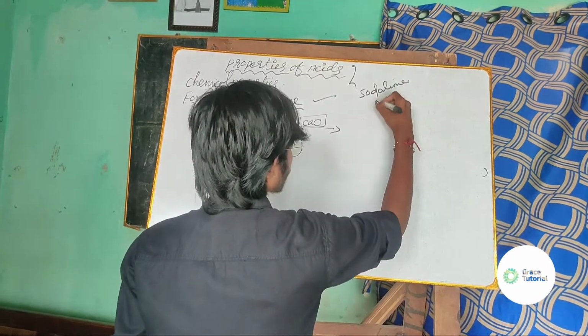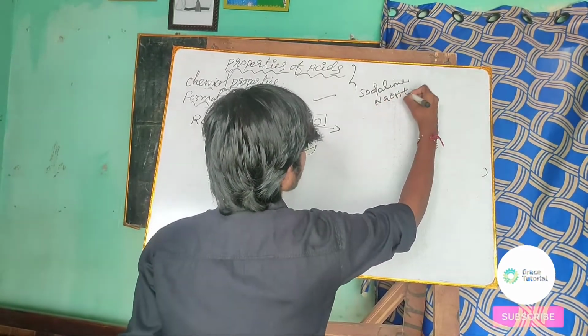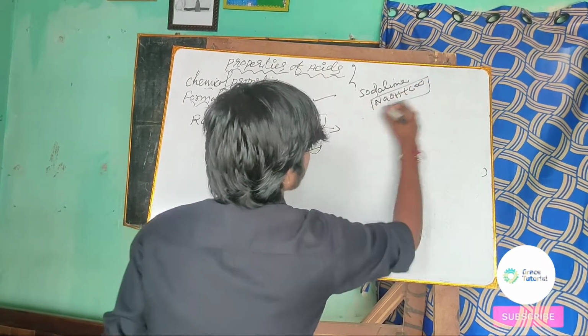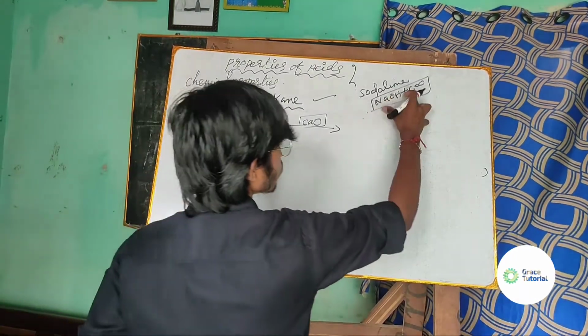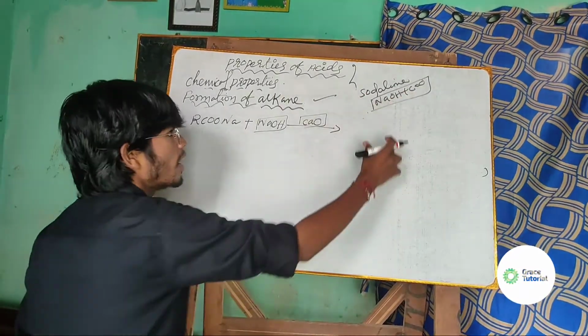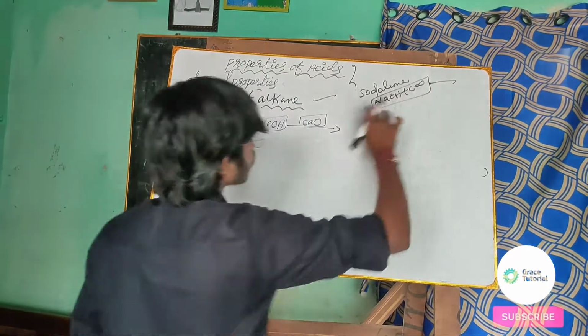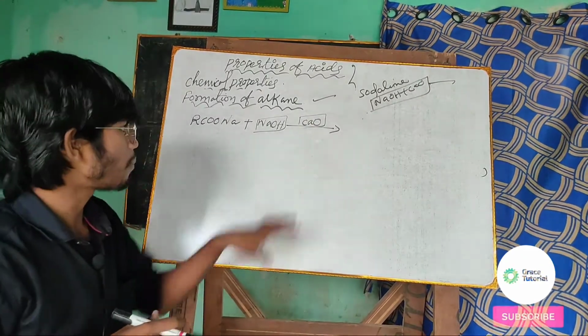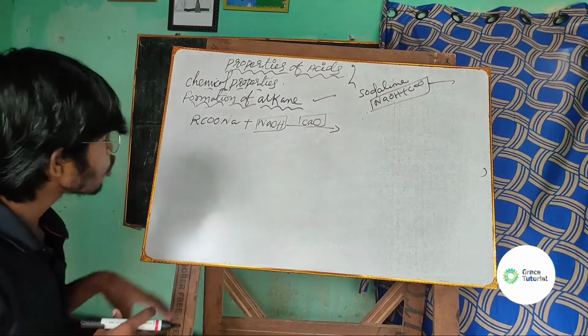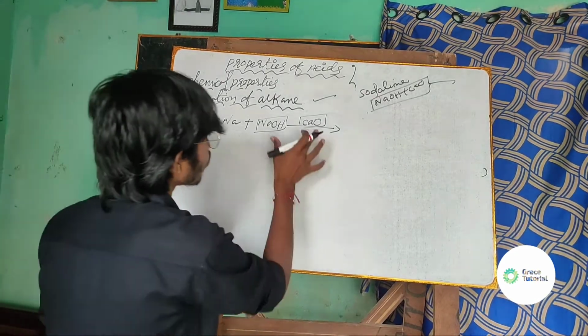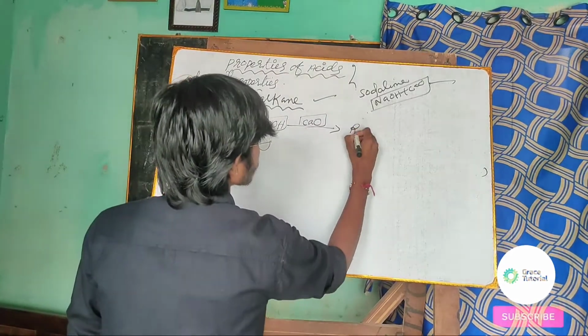So what do you mean by soda lime? Soda lime means nothing but NaOH plus CaO. Because this is caustic soda, which we remember as soda, and here it is calcium oxide, which is quicklime. So this is soda lime. So when the sodium salt of an acid reacts with soda lime, it gives alkane